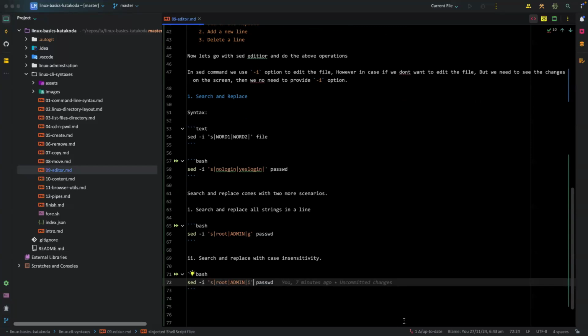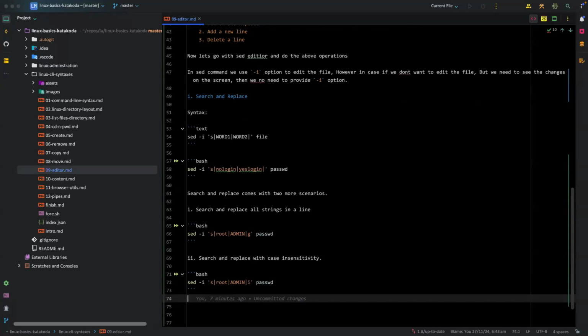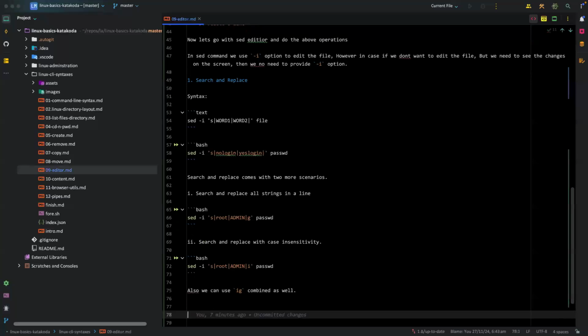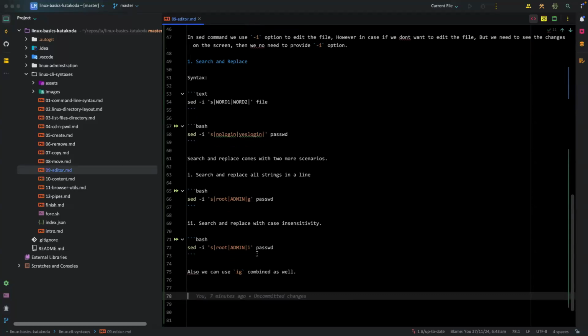Okay, that's the option you'll be using. So we can use, okay, that's search and replace. So now the next one, which we wanted to do here is,